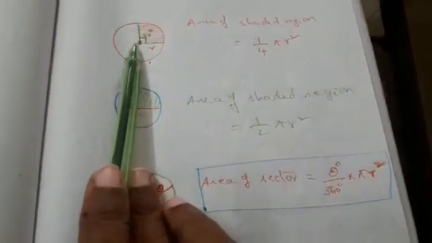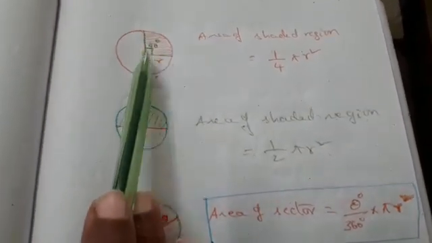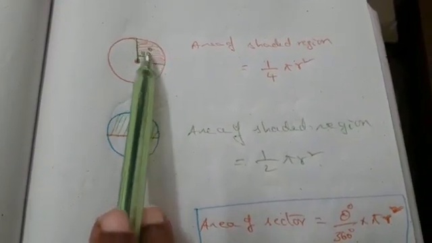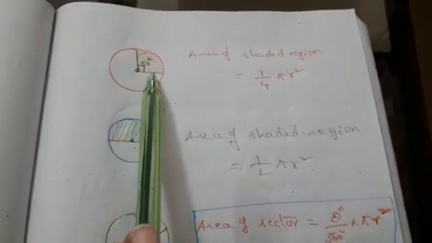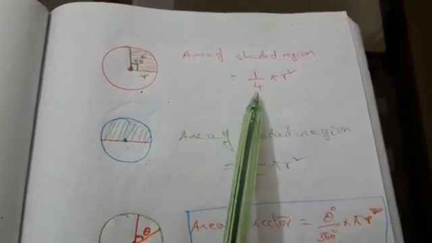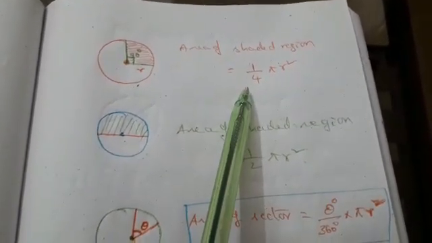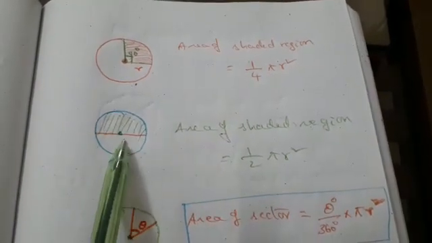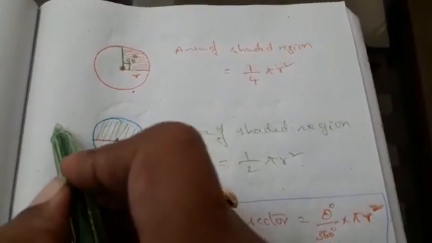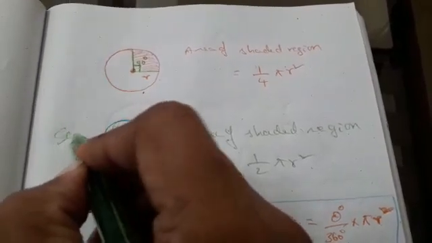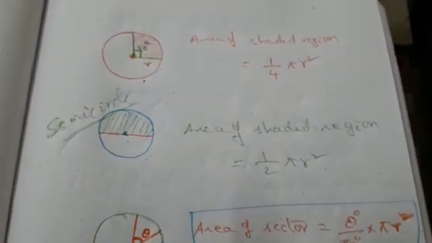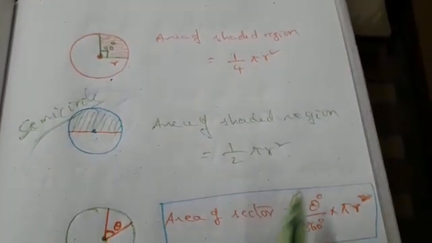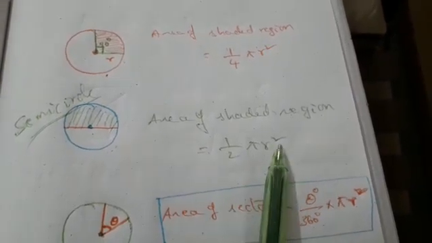So now suppose if it is like this, right? Directly, without the need of any formula, directly we can understand it is 1/4 of the circle, is it not? 1/4 of the circle. So therefore, you can write directly also pi r square by 4 as area of shaded region. And if you see that it is half of the circle, what we call as a semicircle. So what do we call that as? Semicircle. Area of semicircle. Suppose if you want area of semicircle, right? So then that is half of complete circle, half of pi r square.